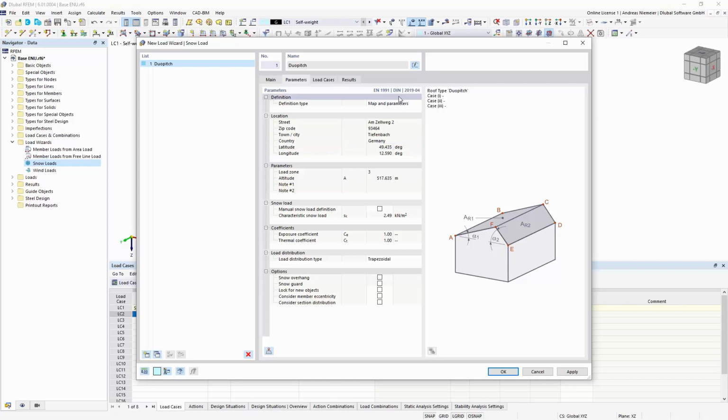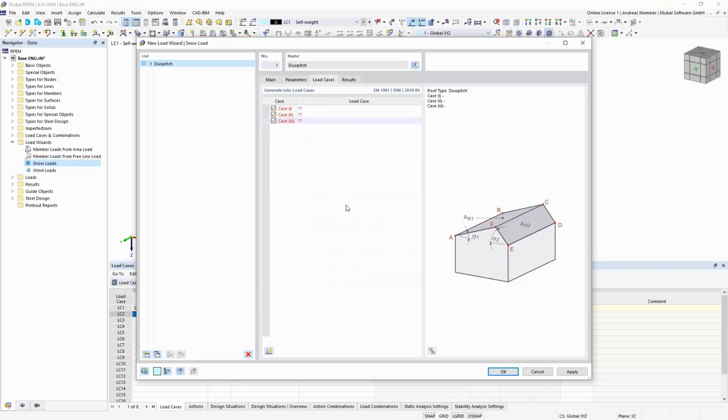We took over the geo information from the place we defined on the map with geo coordinates, with altitude, but we also get the right load zone at this place, and the program detects automatically that we have here our typical Bavarian snow load of almost 250 kilos per square meter. And this is everything. So we have to define nothing here. Of course you can modify it, but you can take it over from the global setting.